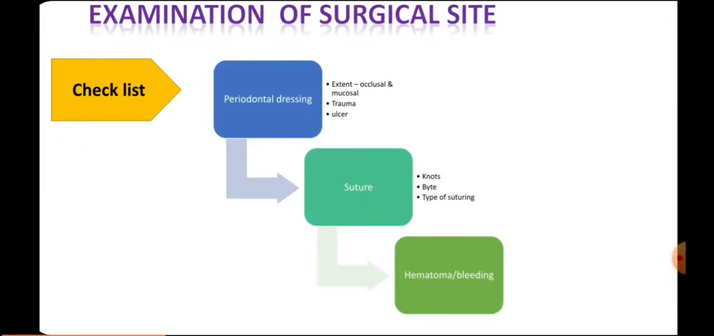Then we need to examine the surgical site. So what is the checklist to examine the surgical site? So first you look at the periodontal dressing. You look at the occlusal extent of the dressing or